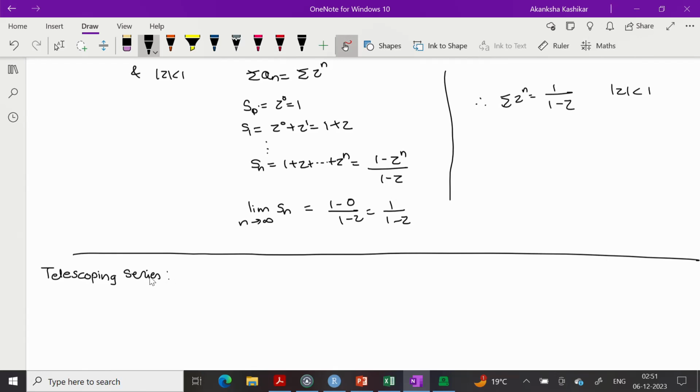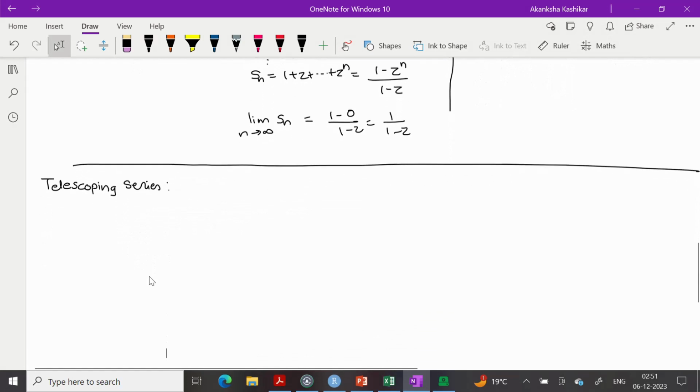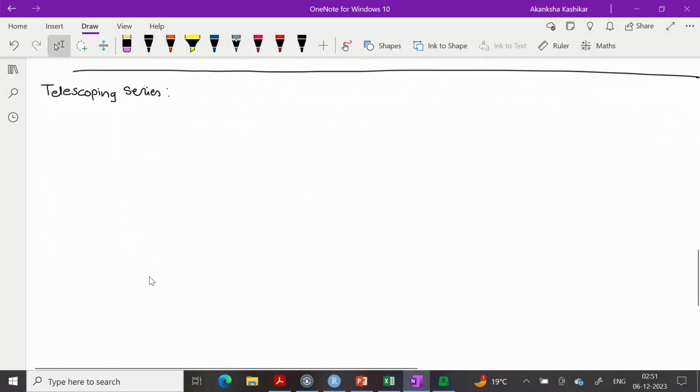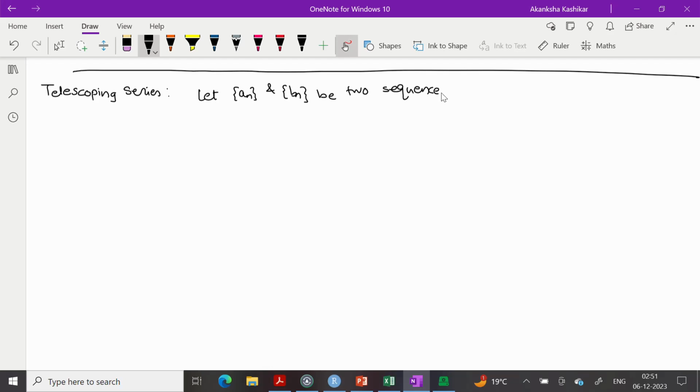Let me first define what this is, and then we will see a couple of applications of this technique. Let a_n and b_n be two sequences such that